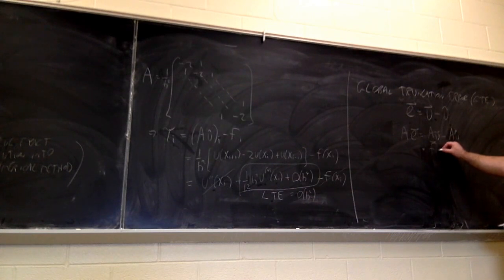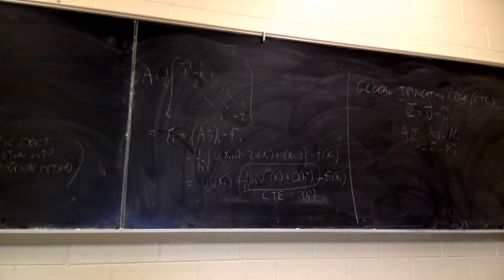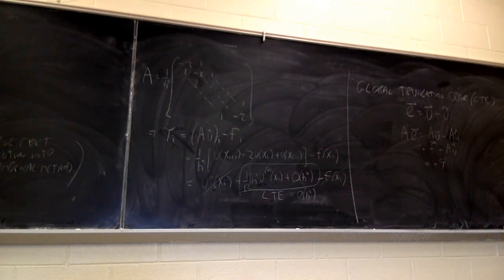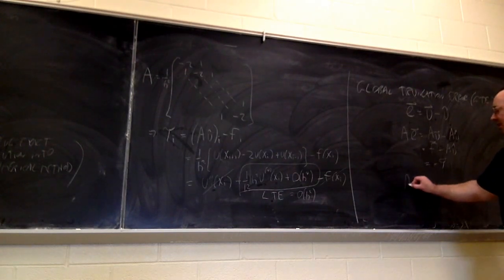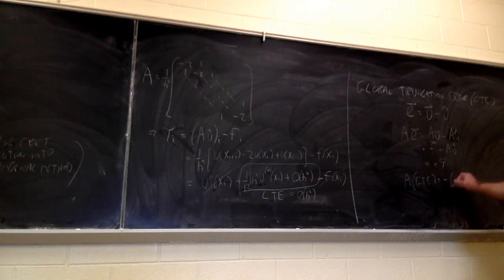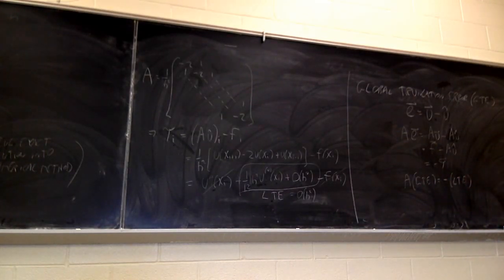And then F minus AU hat, well, that's minus the local truncation error. So that's how the local and global truncation errors are related. So A times global truncation error is equal to minus local truncation error, at least for this kind of equation,